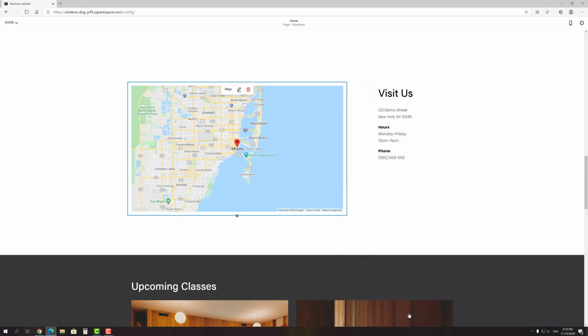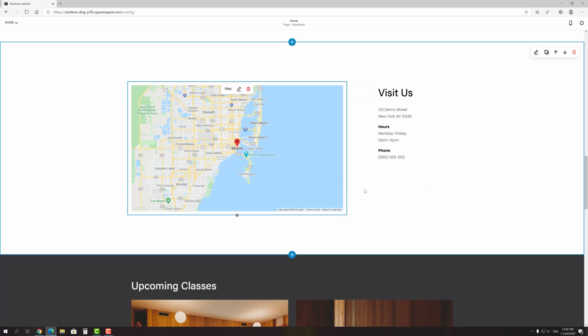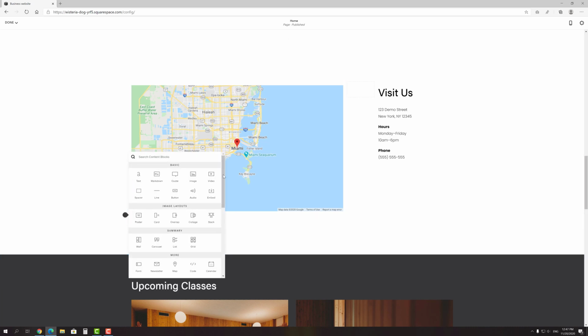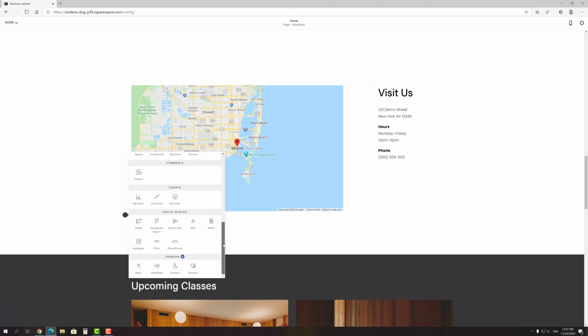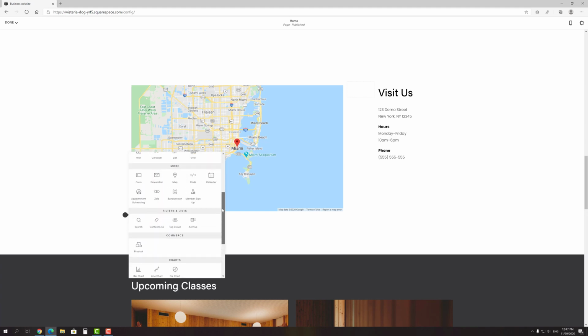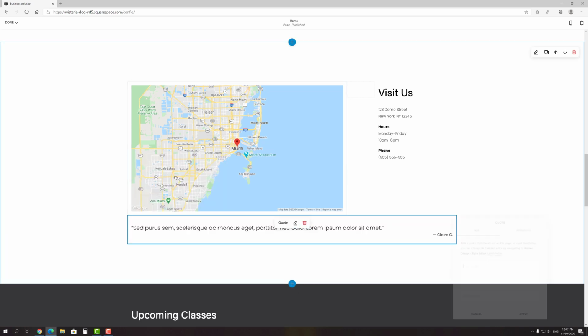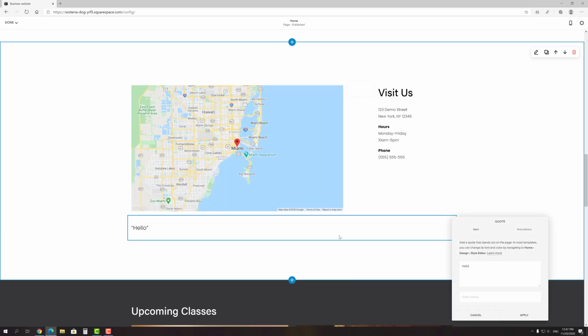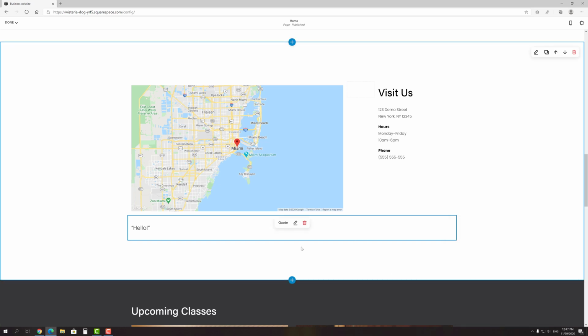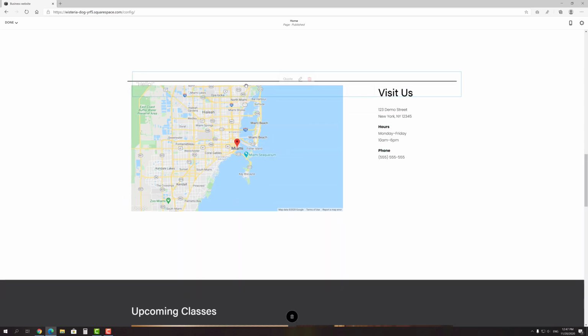After we've added a few new sections, I think it's a good time to show you how to add new content blocks into a section. As you remember, every section consists of some blocks, and if you hover over an existing block, you will see the insert points that show where you can add another one. Click on any insert point to see the list of all available blocks. Select one of them so that it appears on the page and becomes available for customization. To move any block within a section, simply drag and drop it.